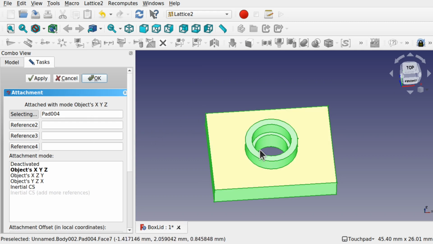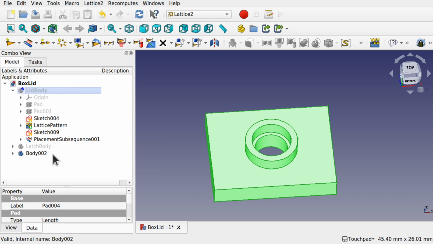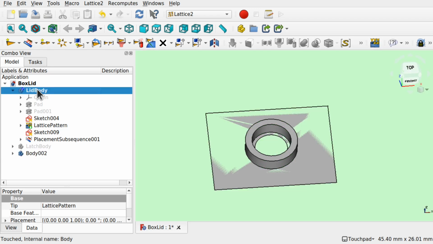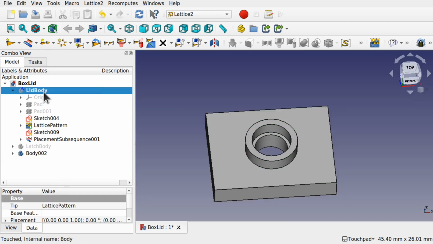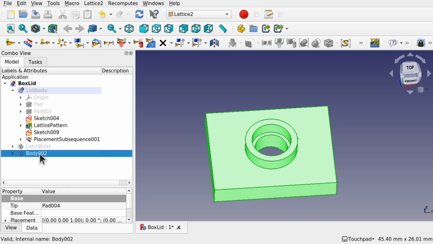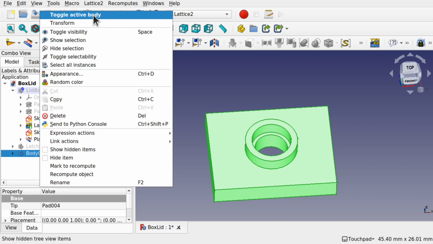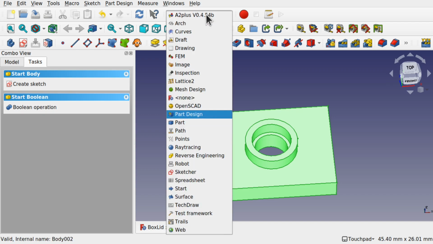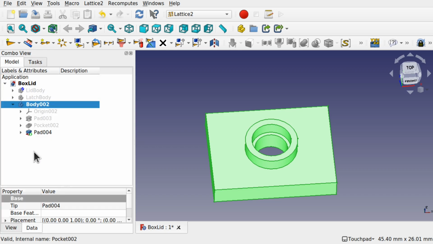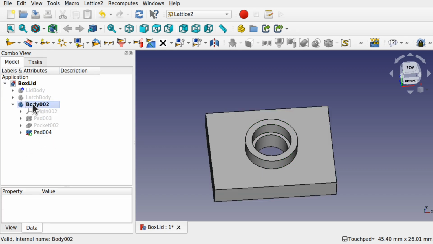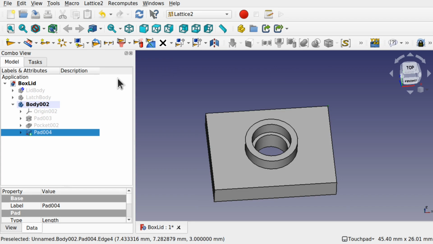Now the reason why it's not been attached to this is because we haven't looked and set our active body. So you can see if I bring this back, the lid body is the active body. So we need to set this body as active. If I do that, I'm going to be placed in the part design. So I need to come back to the Lattice 2, go to the model. Now this body 02 is active, and I can select, say, this point here and add a placement,